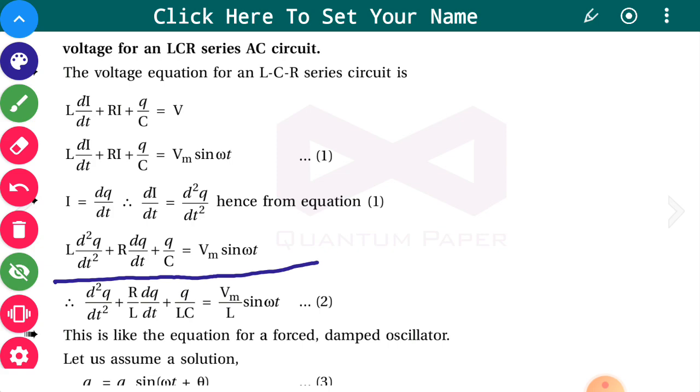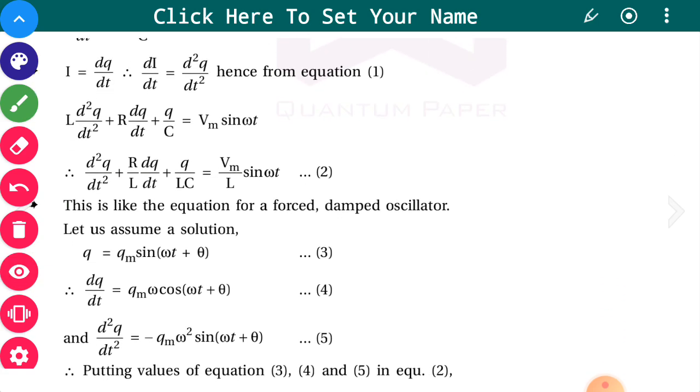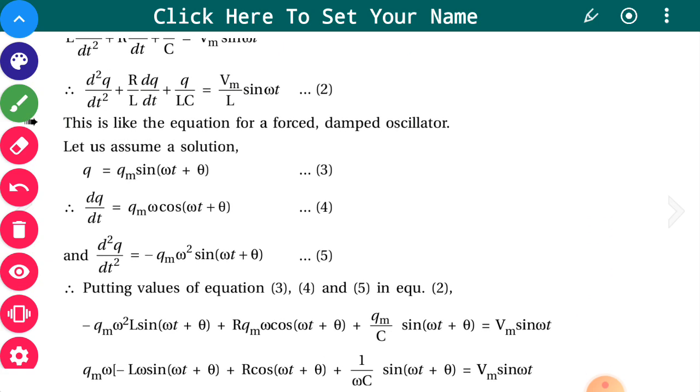Vm sin omega t. Now see, it is divided by L. So we have just divided the whole equation by L. So this is a second order differential equation. Now see, the solution of this kind of equation can be Q is equal to Qm sin omega t plus theta, as we have studied all these things in 11th standard in the damped oscillator,